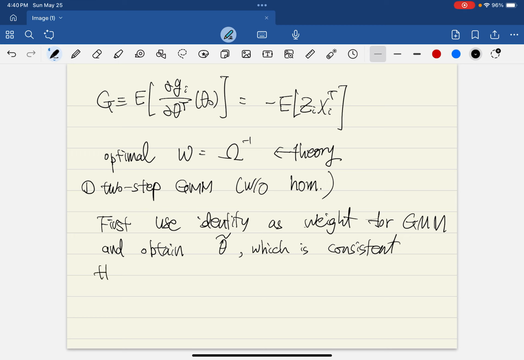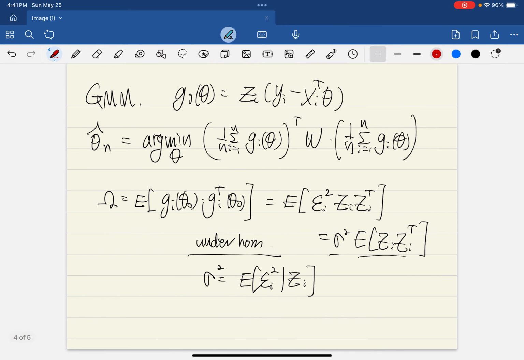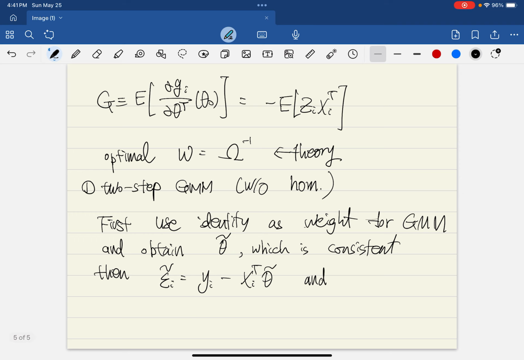And then calculate epsilon tilde using the consistent estimator, so y_i minus x_i transpose theta tilde. And then calculate this guy. Because we don't need homoscedasticity, we can estimate that part using the sample mean